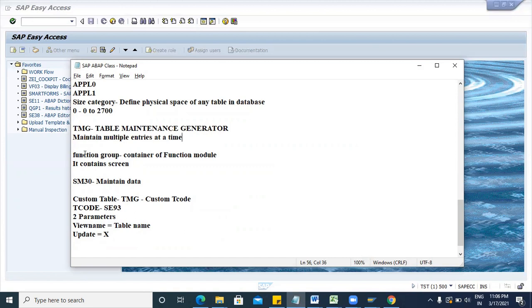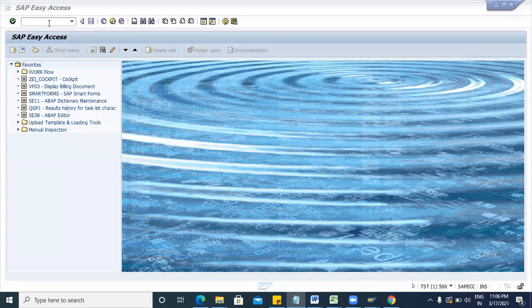Okay. And what is function group? Through this function group, we can change the field name of any screen. Like here we are passing some field name. So if you want to change the field name, then you can change through this function group.